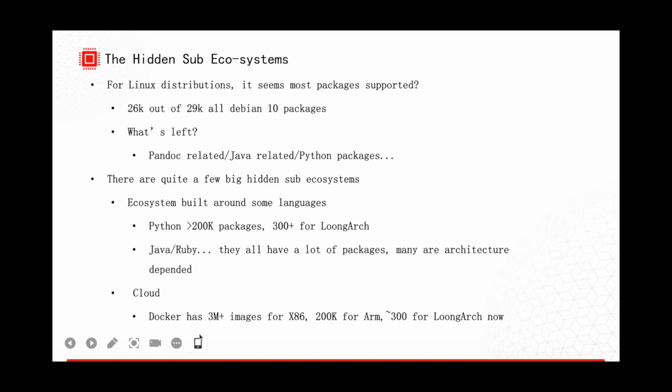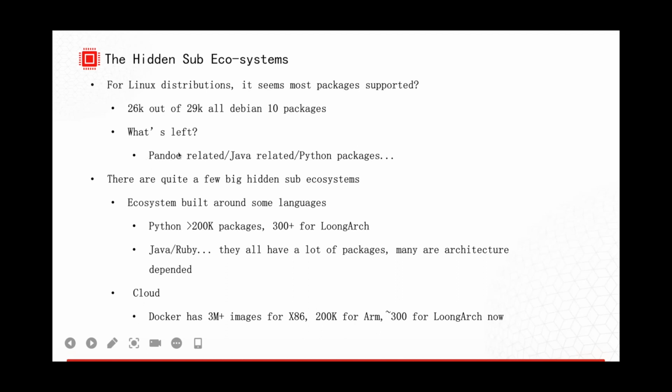So is it enough? No. For Linux distributions, it seems most of the packages are already supported. We know 26,000 out of the 29,000 have been ported. But what's left, the remaining 3,000, is mainly, for example, Pandoc.